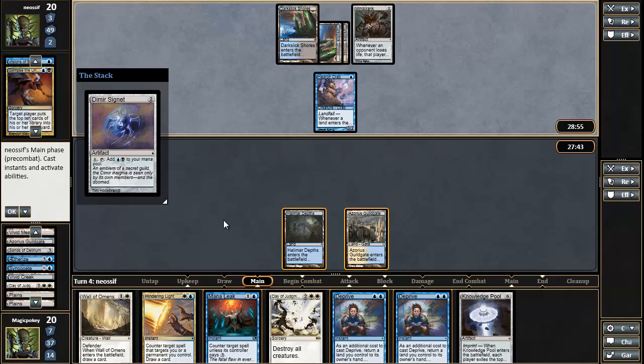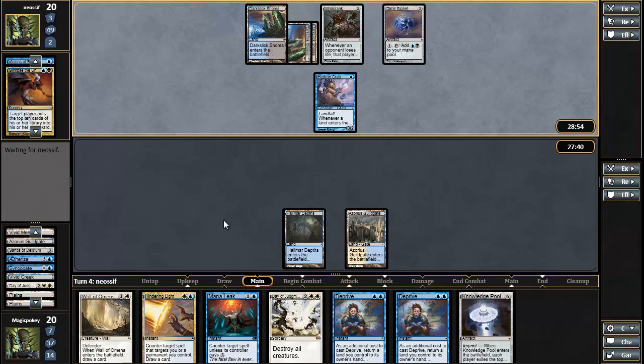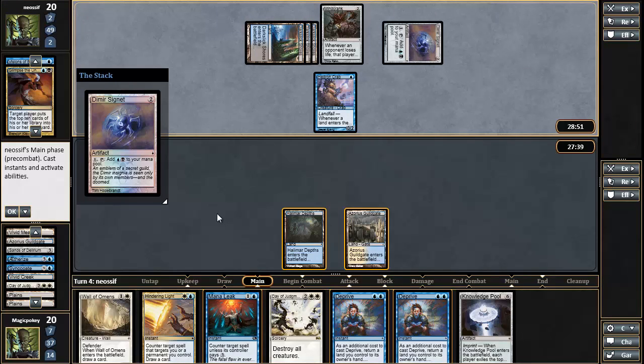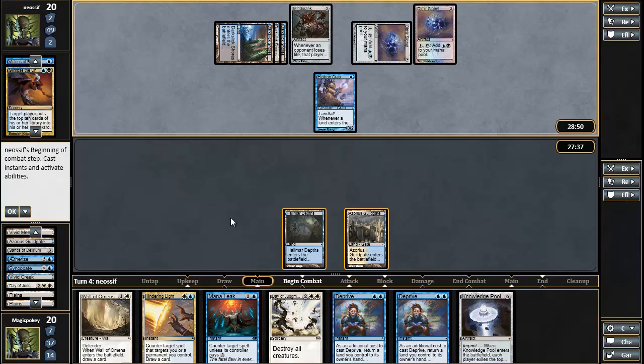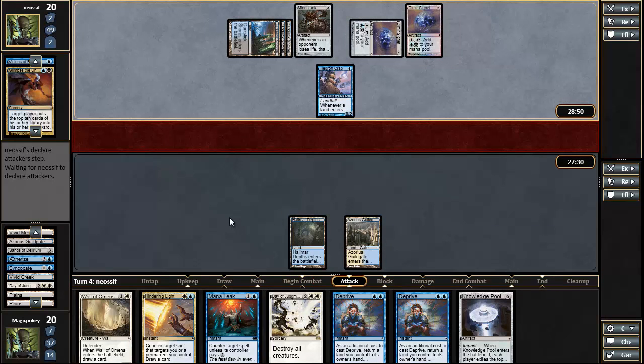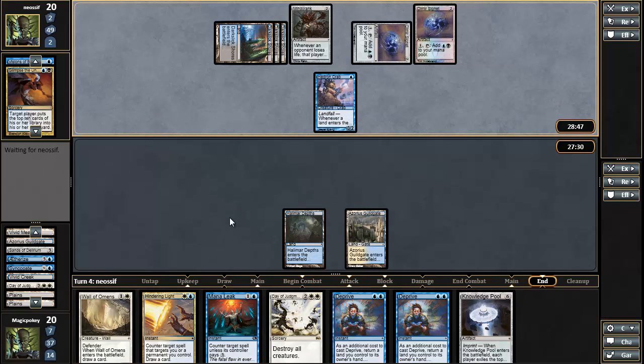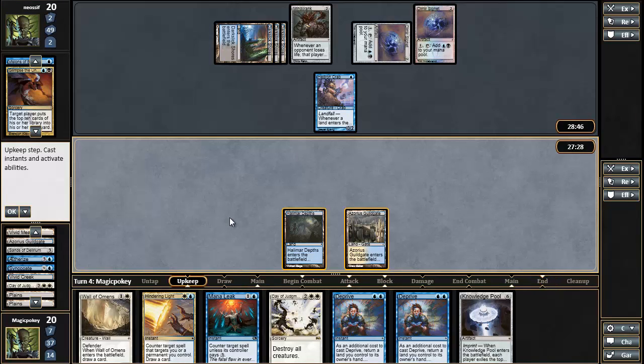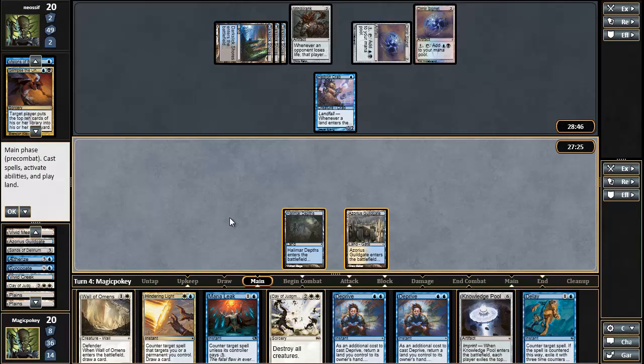Dimir Signet. No, he can have that. I don't need to counter that. Another Dimir Signet. Fair enough. Okay, well, you're quickly getting out of Mana Leak range, so I'm going to use that sooner rather than later. I don't even know why I didn't Mana Leak that. Alright. Delay. Outstanding. Well...